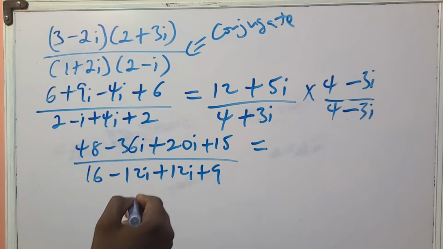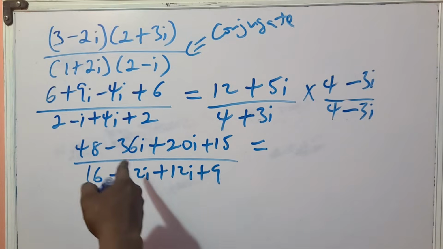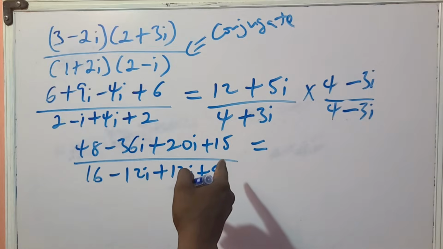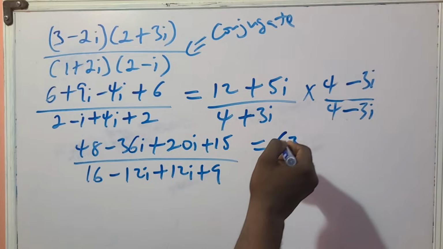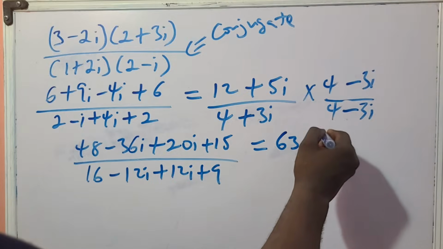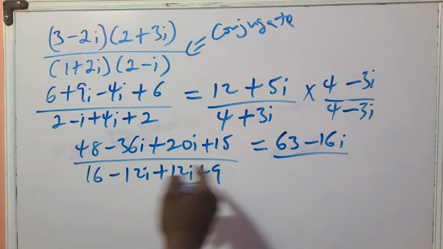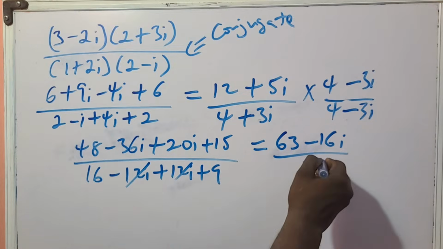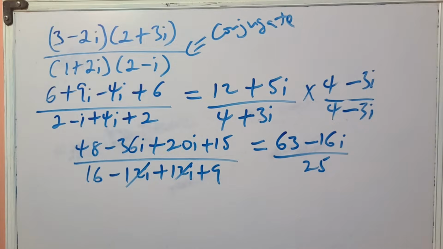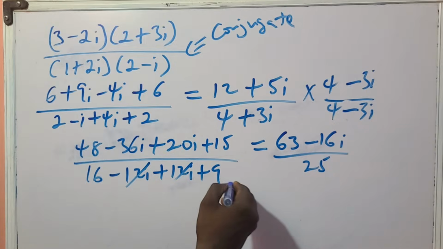And then this will be 48 plus 15. That will be what? 48 plus 15 is 63. And the other one we have there is minus 16i. And then this 2 cancels this. We have 16 plus 9, that will be 25. So what we're left with is 63 over 25